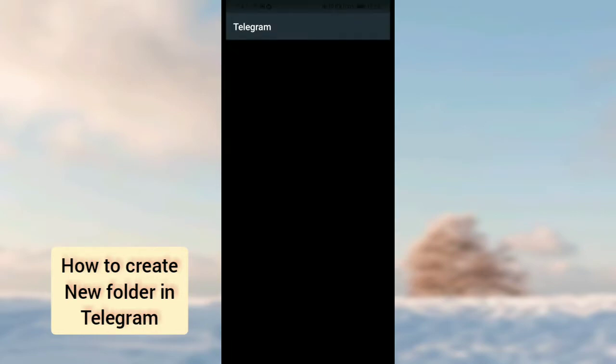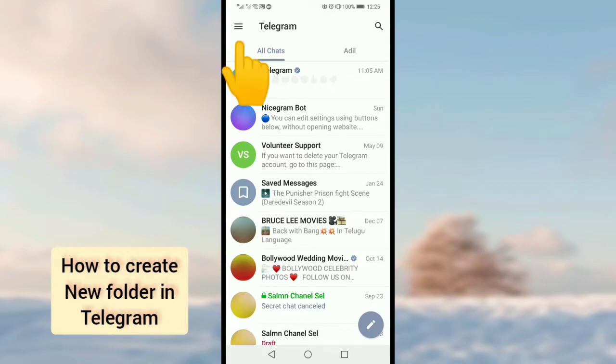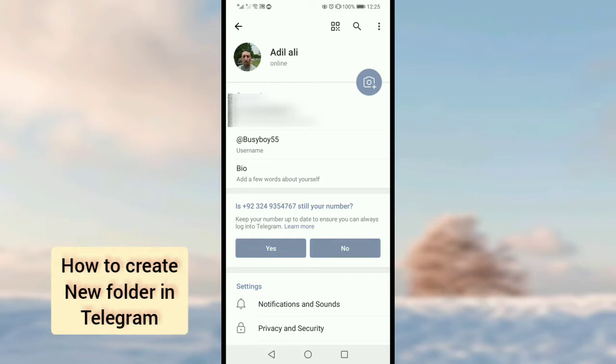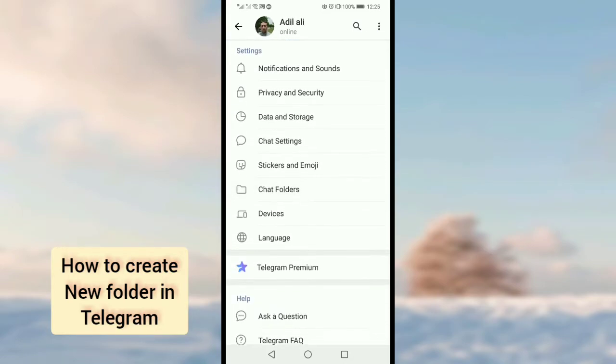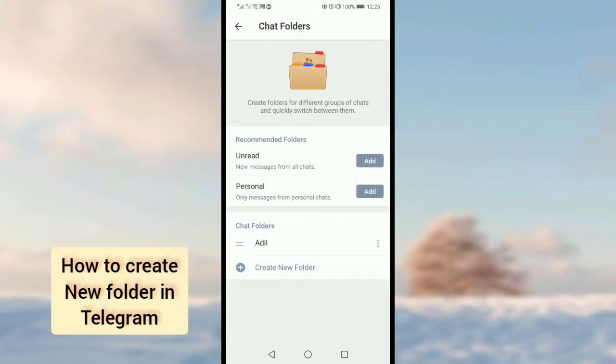Let's get started. First of all, when you open the Telegram application, simply tap on the menu option in the upper left corner, and here tap on the settings option. Here scroll down a little bit and you will see the chat folders option, so tap on this, and here tap on the create new folder option at the bottom,